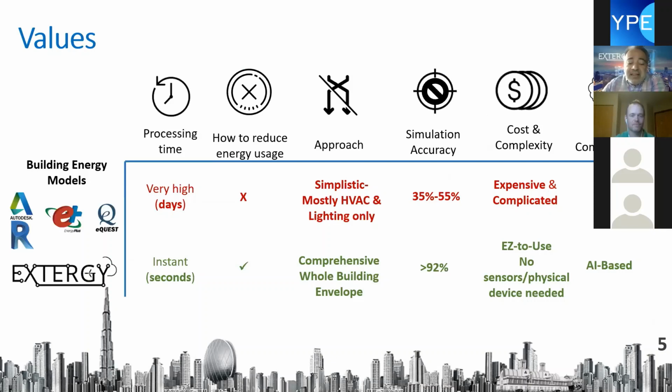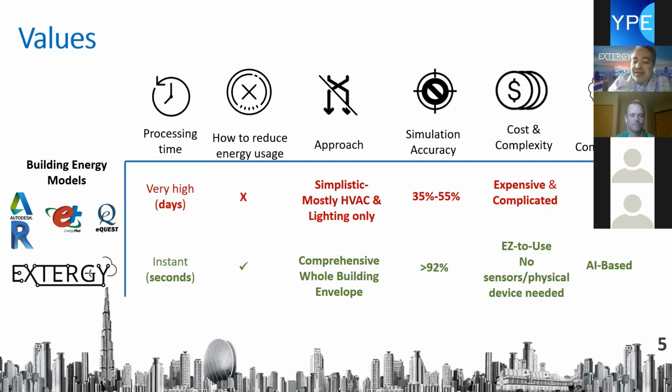What are the advantages we took in developing the model? The first and most important value proposition is the processing time. If you talk to energy advisors and to the larger energy efficiency consulting firms, the most important thing is time. If you want to do a comprehensive energy modeling of a building, like a 15-story commercial building, it takes at least 5-6 business days to warm up the model, input the detailed required values, and run the model. We can do that instantly, in 1 or 2 seconds.